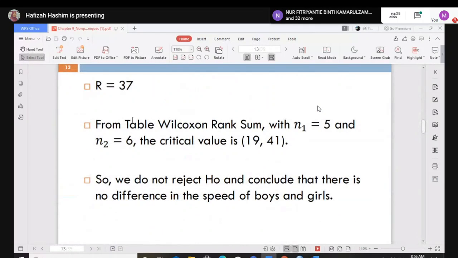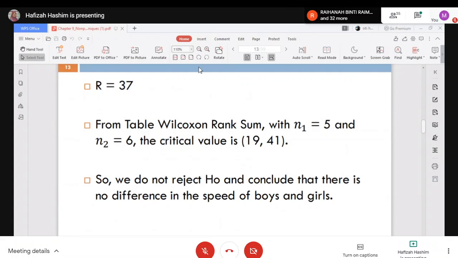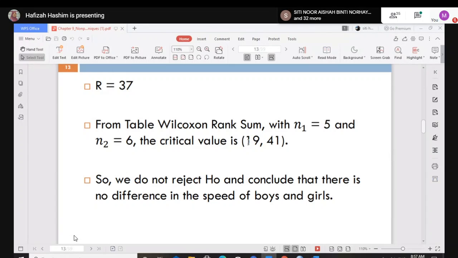All right. We continue. Then you can find the critical value from the Wilcoxon rank sum table. Okay, you look at N1 equals 5, and then at the left side N2 equals 6. Then you can see the critical value is 19 to 41. This is the interval using alpha 0.05, and then you can find this value. Since this value is inside this range, you cannot reject the null hypothesis. So we do not reject the null hypothesis,